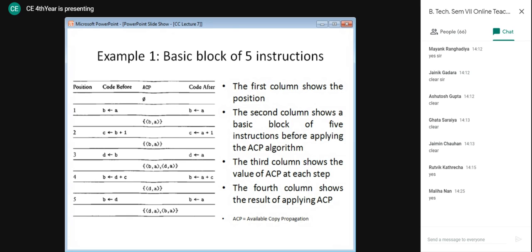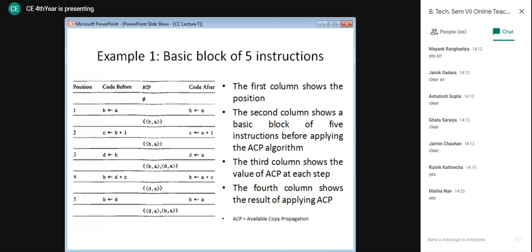There are 5 instructions, so we are having 5 positions. Now each instruction, you will be able to see in the code column, that is the second column. The third column is showing the value of ACP. Now, what is the meaning of ACP? It means what copy propagation is available at this stage.